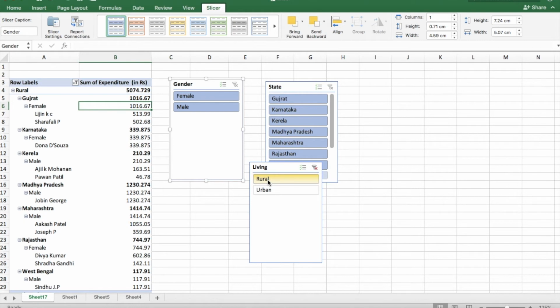Now you will be asking where I can use the slicer when Excel is simply providing a filter option to us, or why we are using slicers. Slicer is used when we are dealing with a large number of data, huge data. By clicking on the slicer, if I want to extract a simple thing from a huge data, using the slicer I can extract that. So the slicer is helpful for that. Here for example purposes I have taken a small data, but for a huge one this slicer will be very helpful. So I'll just simply close all the slicers.